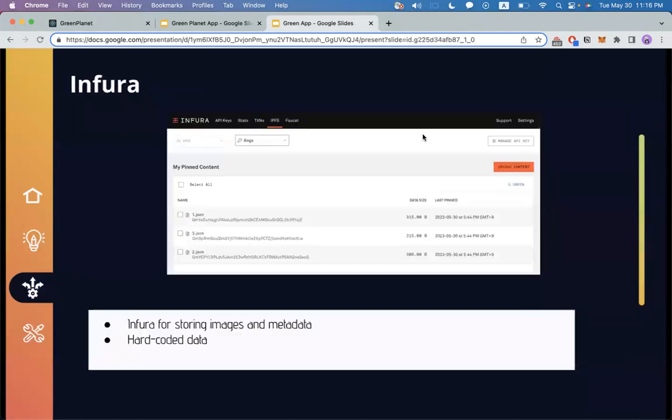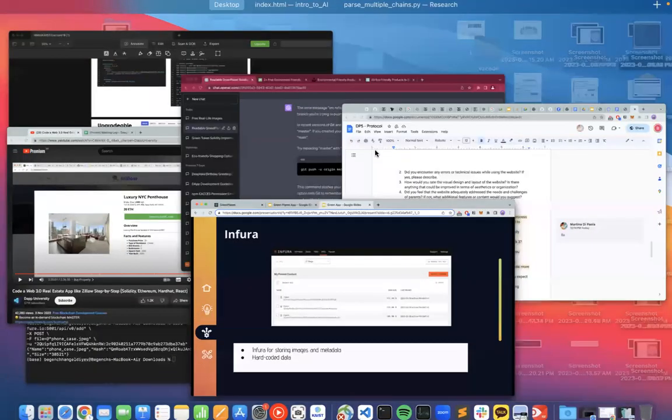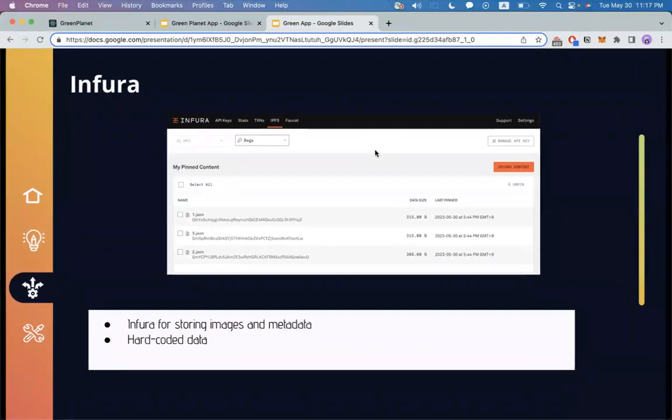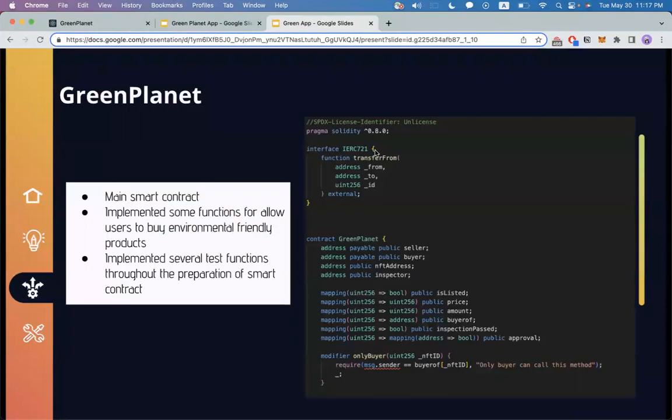We use Infura to store our images and metadata. We use Infura for storing our images and metadata, and we hard-coded our images and data for our products. So we use Green Planet as our main smart contract to do most of the work,